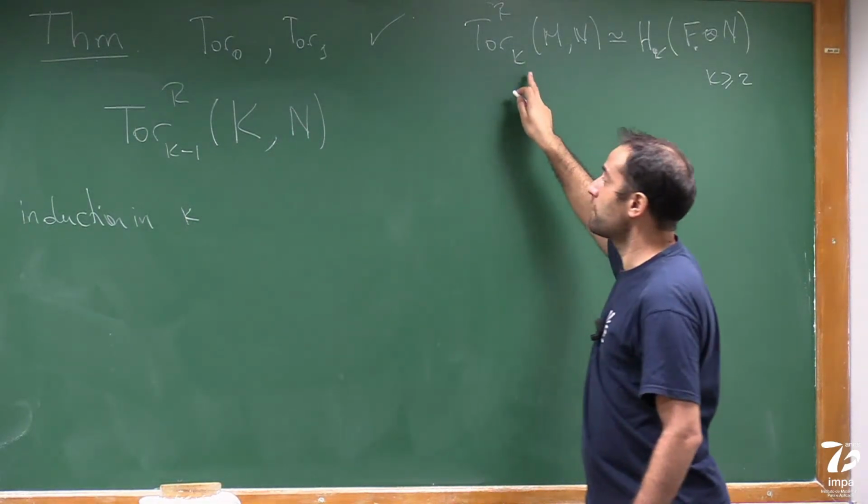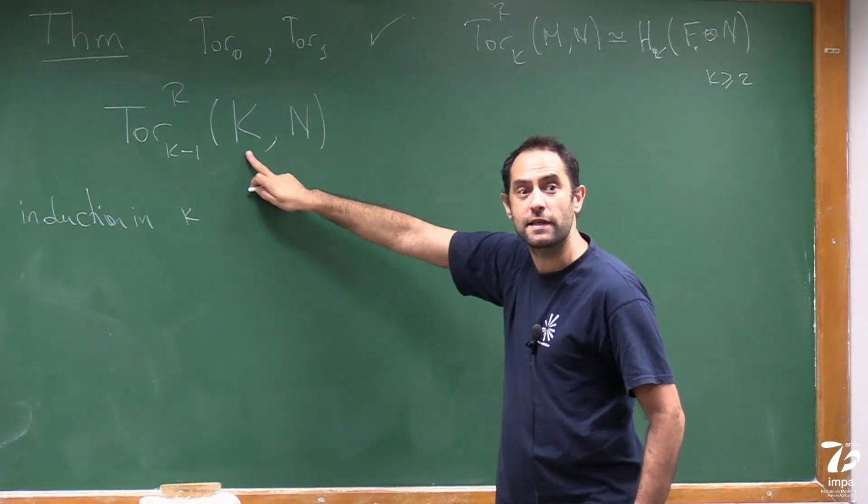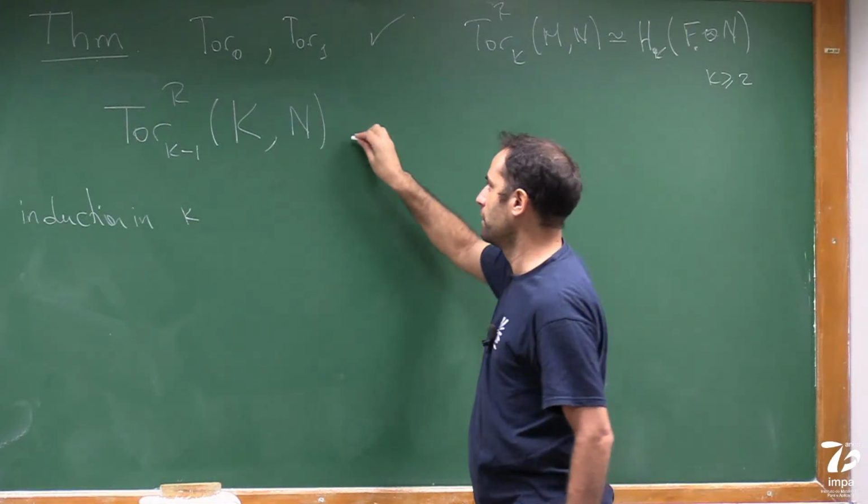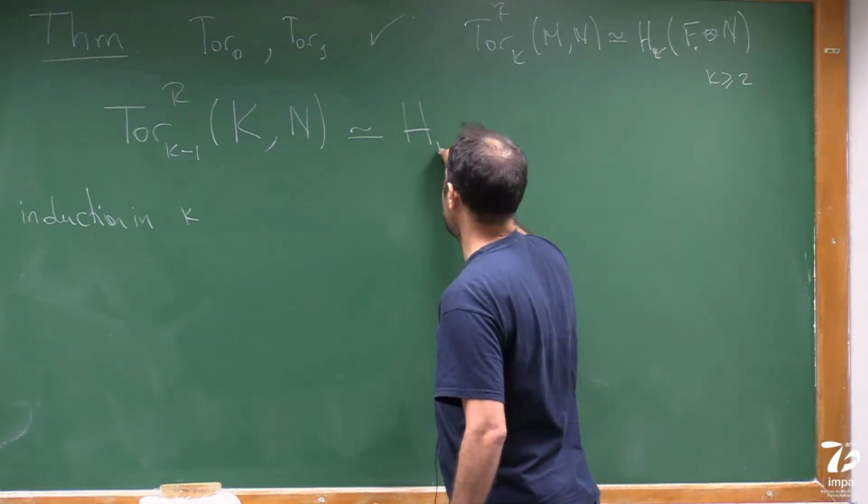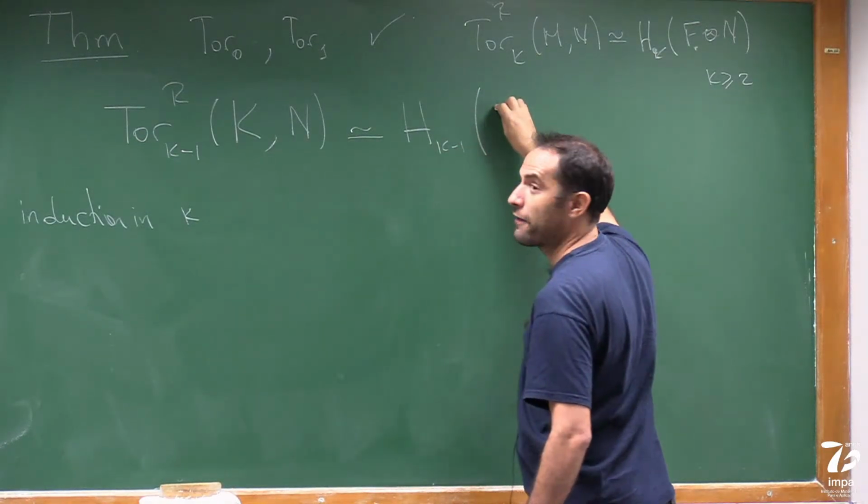For lower values of k, I can assume that I can resolve this K by a flat resolution. So this is H k minus 1 of a resolution